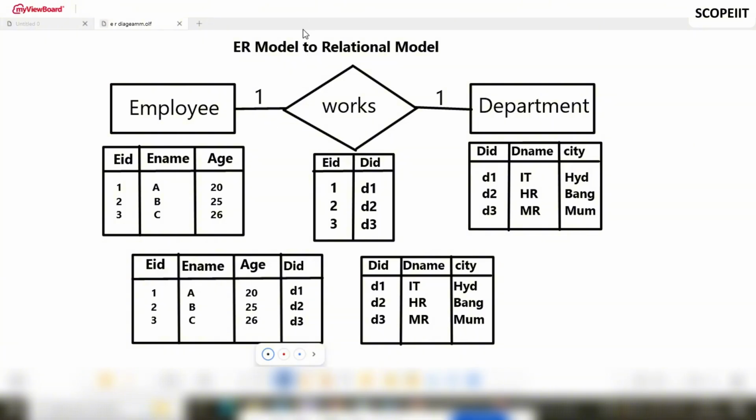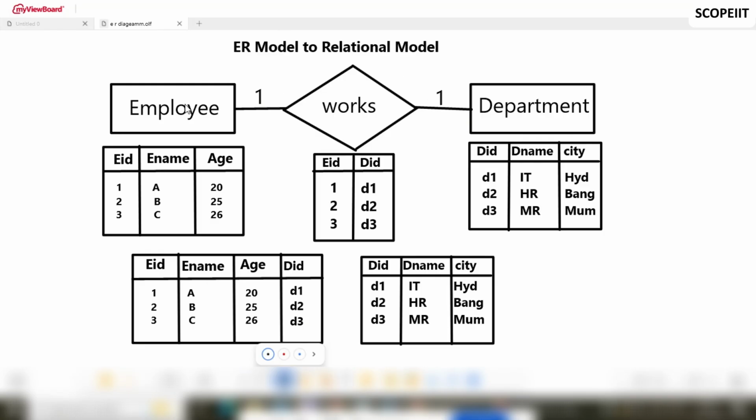Okay, next. This is actually very, very important, and in the exam they will ask questions based on this also. Now, how to convert your ER diagram to a relational model? Students think that it depends on the entity and relationship. No. It basically depends on cardinality, like one to one, one to many. What cardinality does that relationship have? Based on that, we will divide our tables.